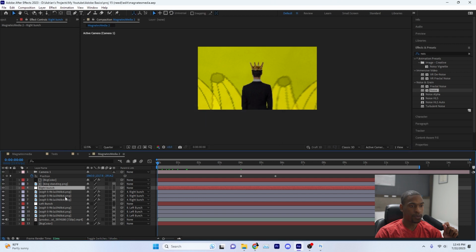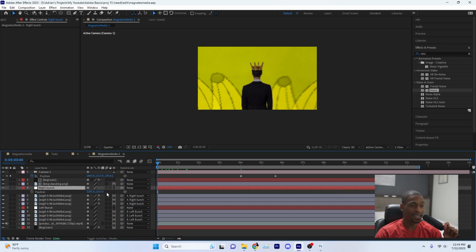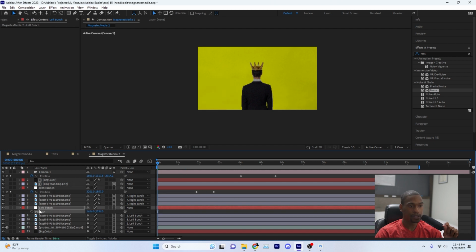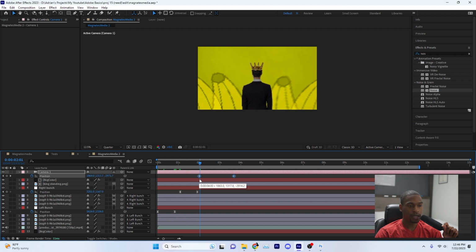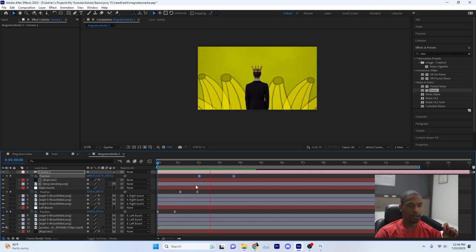All right, so that right bunch, we want it to swipe in or slide in. So we're going to lock position, go back in time, and we're going to move it down, and we're going to reposition that right bunch's keyframes. And we're going to highlight, and we're going to press F9 to easy ease these keyframes, and we're going to do this to those 2 as well. We're going to make it happen right after the other one, and we're going to make that a little bit smoother at some point, but let's go ahead and make all of this